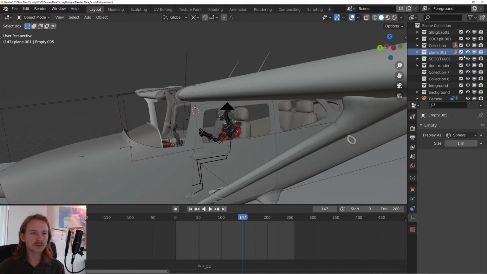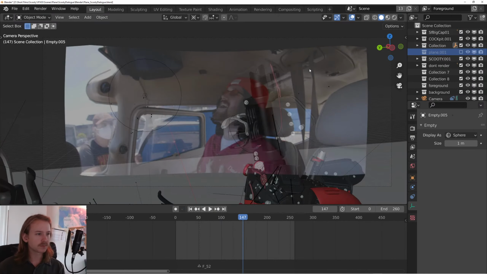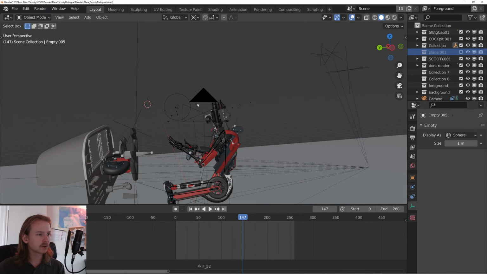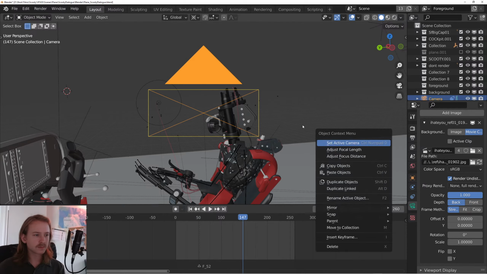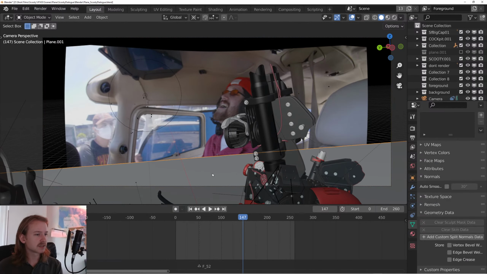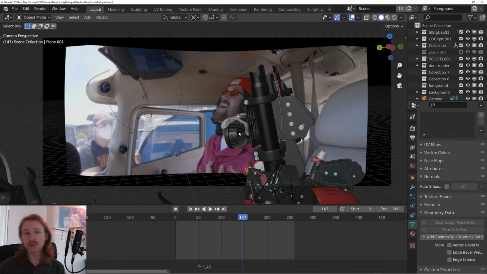Okay, where's the plane? Let's get rid of that. Cool. And now I'm going to take our little background here, the robot I made by myself. I basically just downloaded a bunch of 3D models of scooters and cut them up and bashed them together, and then I took that,